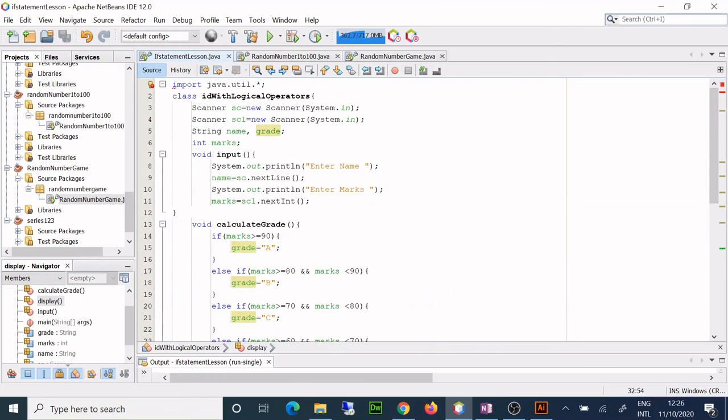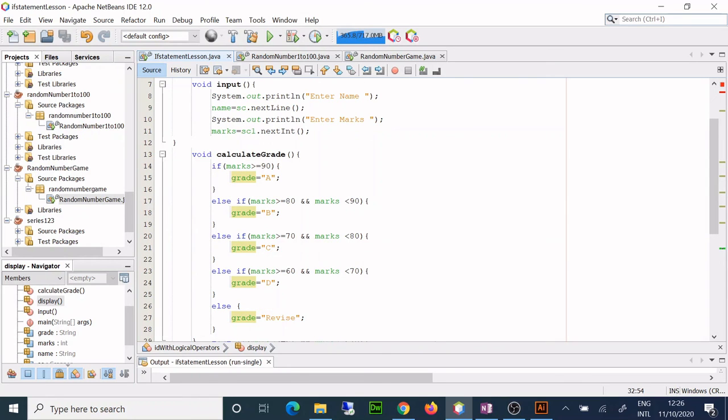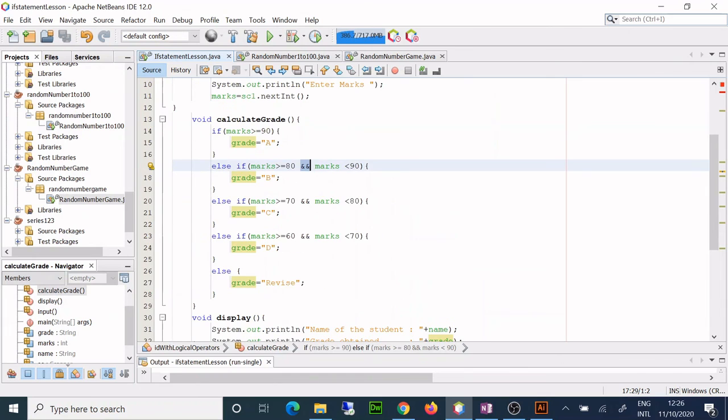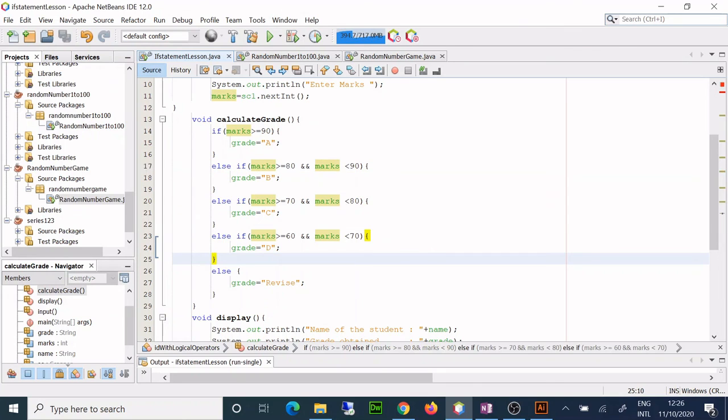So this was an example of an if statement with the logical and relational operators both, because mostly we do that. Like if there is a question, write a program to input three numbers and output the largest, you need logical operators again. And the same way, another question could be like enter three sides of a triangle and find out if the triangle is equilateral, scalene, or isosceles. For such questions, you have to use the logical as well as relational operators. So this was about the if statement.